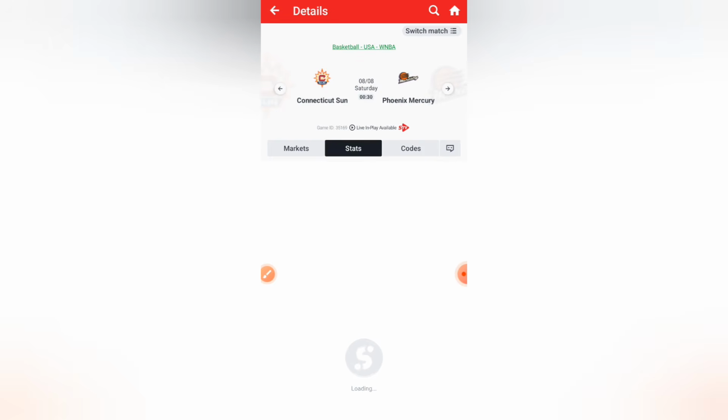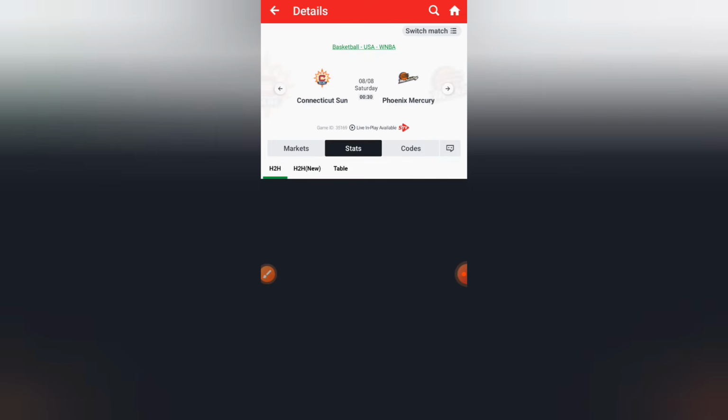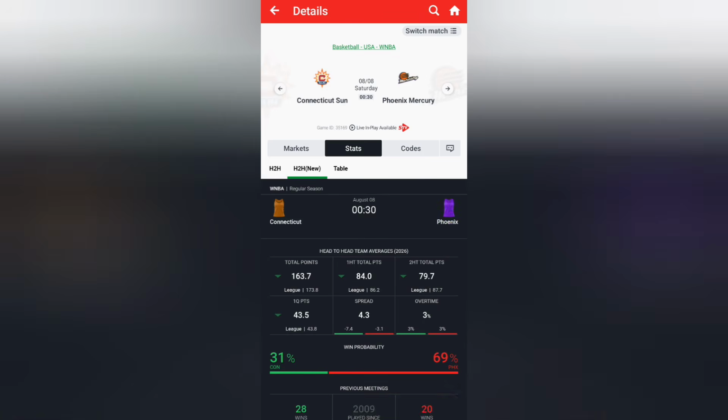Okay, let me complete the basic strategy for you. If you are using the basic strategy, you check the league average point and the two teams average point. Let's assume that the two teams average point is higher than the league average point. Then nothing concerns you again with the two teams average point. You are now dealing with the league average point, which is 173. And what will you be doing with it? Since the league average point is 173, whenever I have a situation like that, I will subtract 10 points from 173 and I'll get 163. 163 will be my over point.